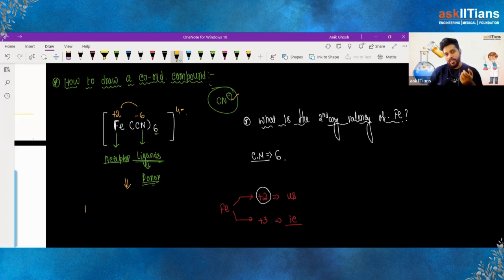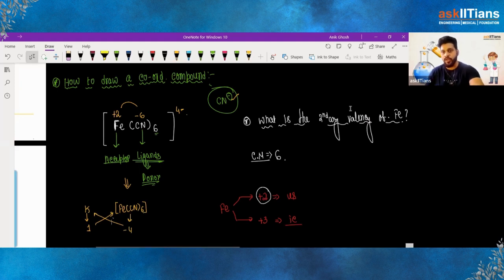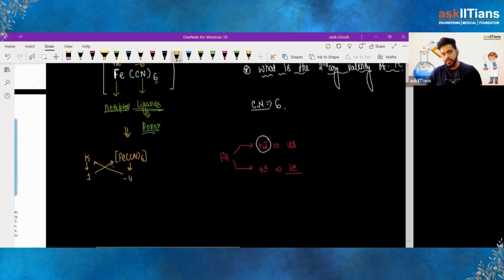So if for potassium the charge is plus 1, and for Fe(CN)6, which is the anionic part, it has the charge of minus 4, then if you cross multiply it like you have learned in your junior grades, the compound that comes forming is K4